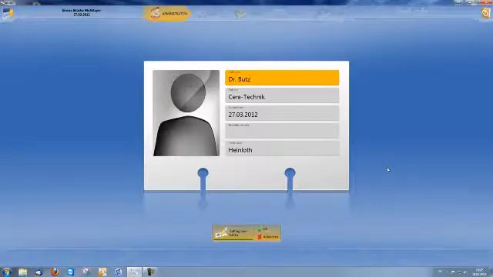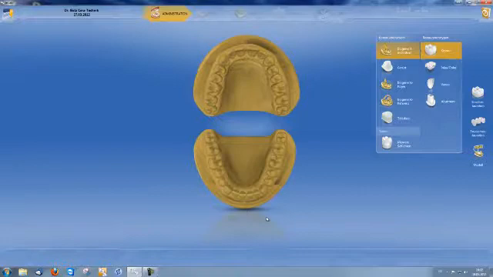In the first step, I complete the patient's file card with the name of the dentist, patient, and technician. I confirm with OK and then specify the indications. It is an individual restoration veneer,